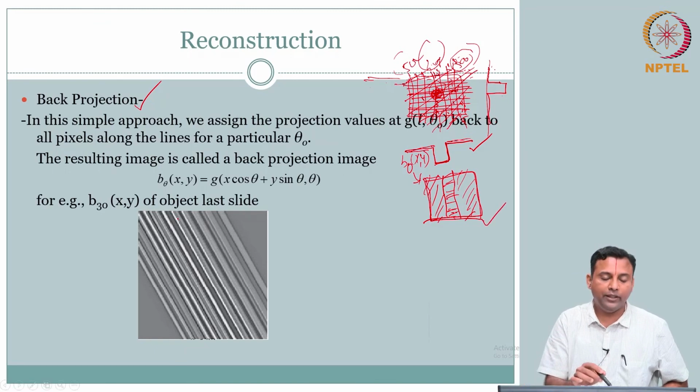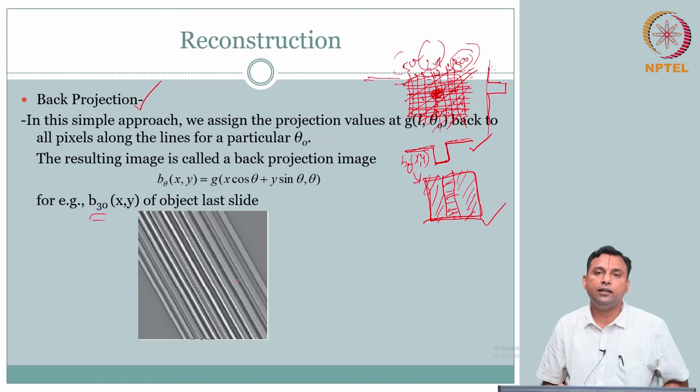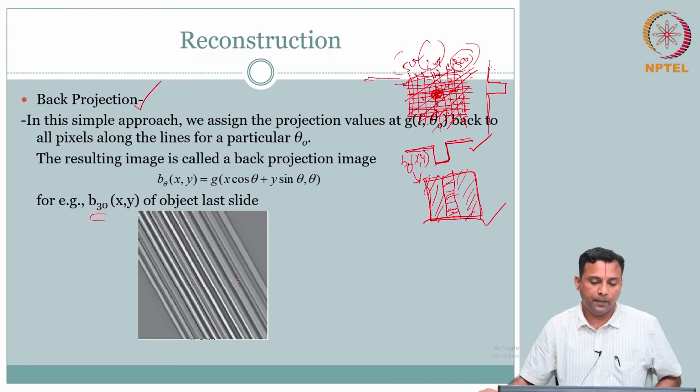Likewise, for the complex object that we saw in the previous slide, if you take an example 30 degree sinogram, if you take the one at 30 degree and project it back at that angle in that space of x comma y, this is the object. Okay. So let us stop here, let us continue further and see the beauty of how from this baby step we can actually get the reconstructed image. Okay. Thank you.